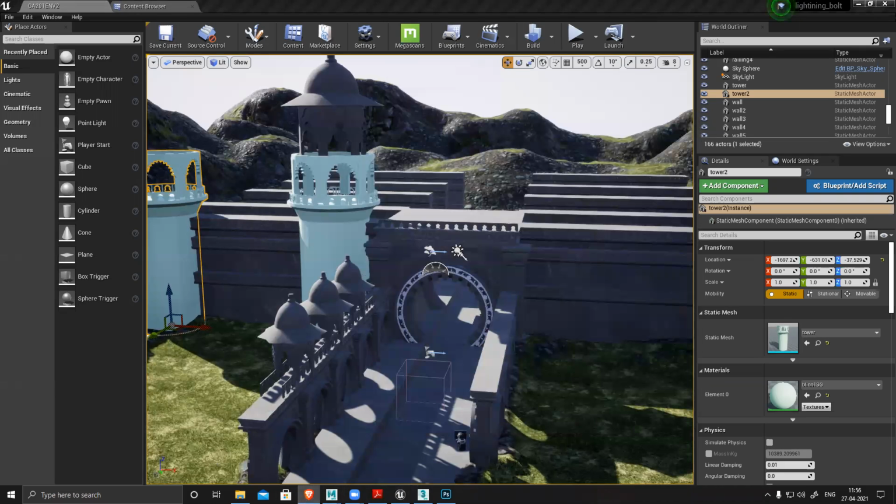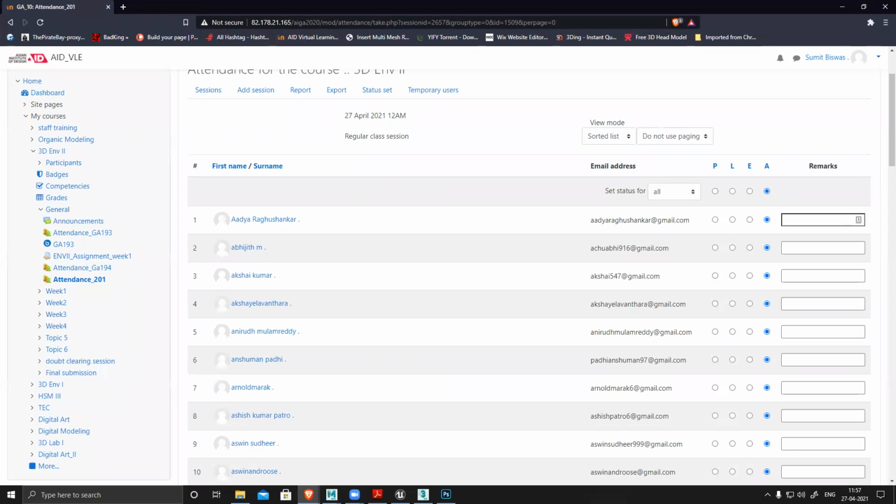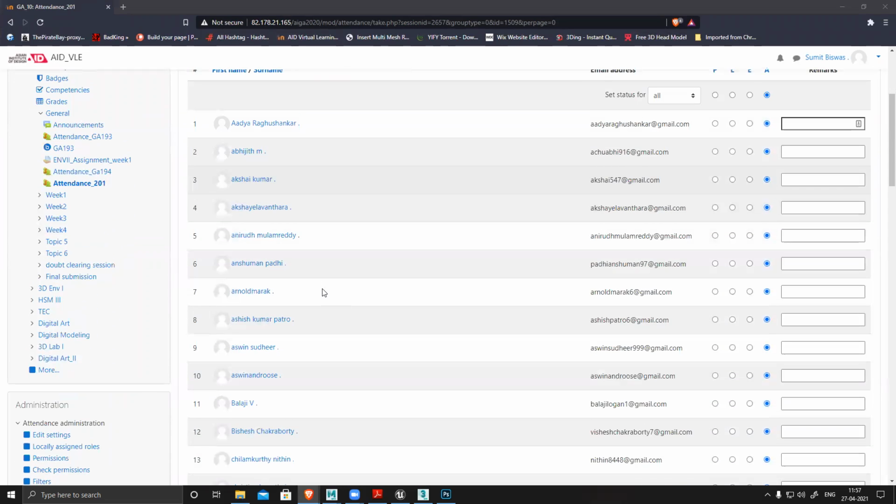Environment. Environment 201. Let's see. Check participants.